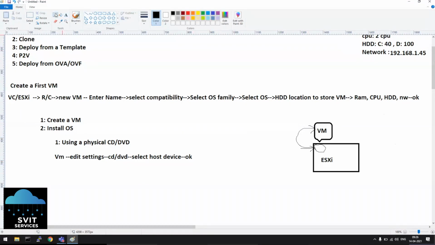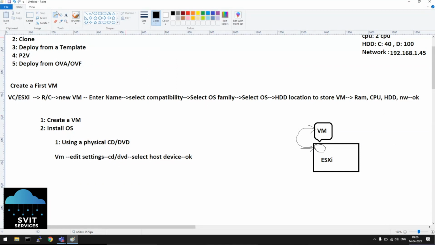But this is not a feasible option. It's not possible to always place the physical CD/DVD on an ESXi machine. Let's say the physical server will be in a remote location, wherever our client location or data center is located. If we ask someone to go and insert it, one person will go and insert it one time at least.